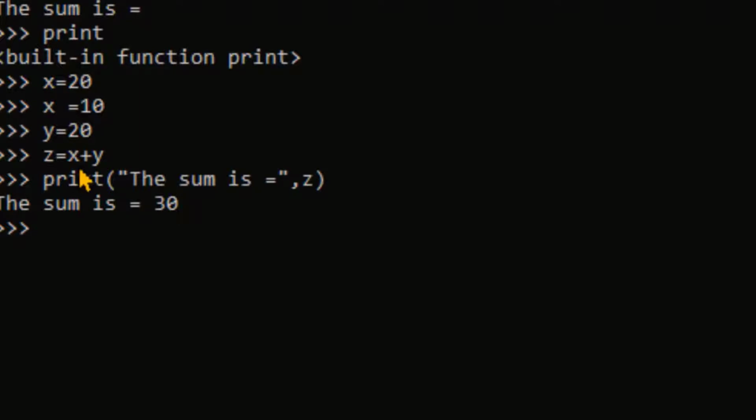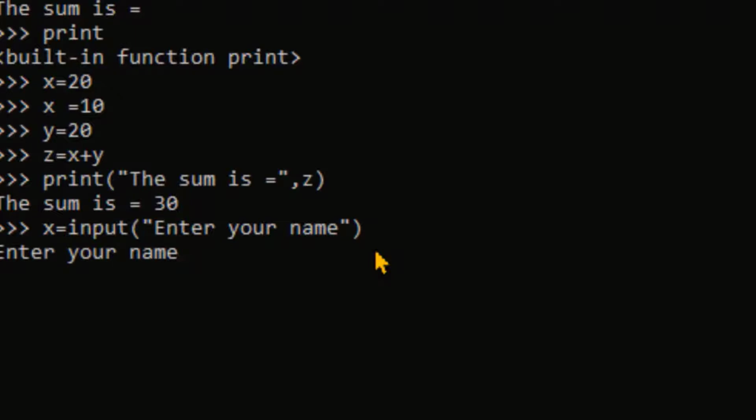In the above program, we have assigned values to the variables. If we want to get values from the user at runtime, then we can use the input function. The coding goes like x is equal to input, open bracket, double quotes, enter your name, and close the double quotes and the bracket. The statement inside double quotes will be printed on screen as it is. This helps the user to enter the correct input, what is expected by the programmer or the program.